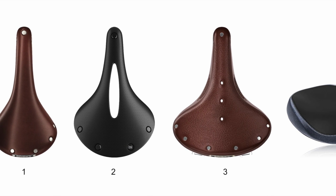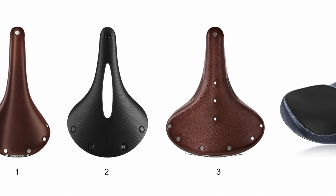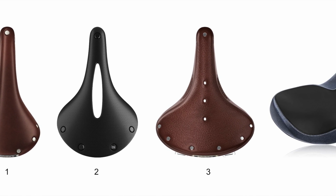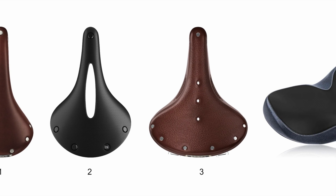I would describe it as a sport saddle. As you see, it even has a cutout. Not all of them have a cutout. Some racing saddles also have a cutout. That's supposed to cover your health, but it really does not. The third one is the first really comfortable one for most men, not for women who have wider hips, but